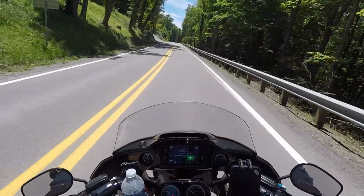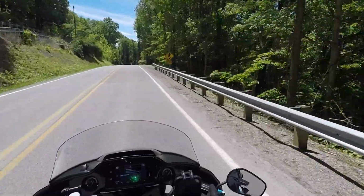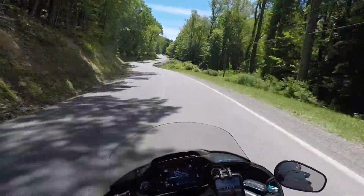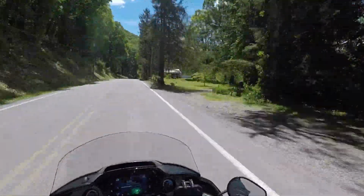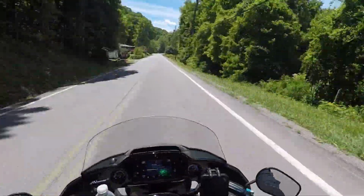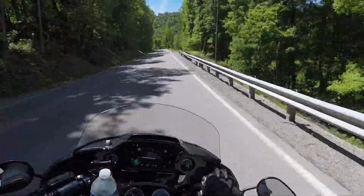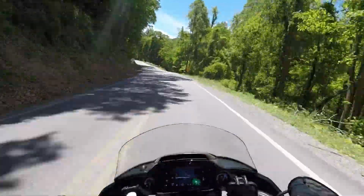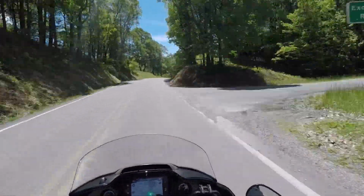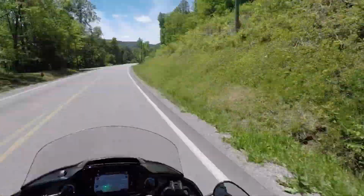I didn't pass a lot in this video. But in this section, you're going to run into some log trucks and some bigger trucks. Are they a continuous flow or anything? No. Also, let me know what you think about the fact that I fast forwarded a little bit of this video. You guys still get to see the layout. I might start doing this through sections that are just repetitive, like your woods and things like that, so you can still see the road, and instead of me cutting it out,